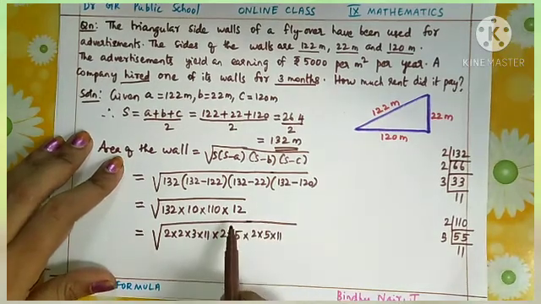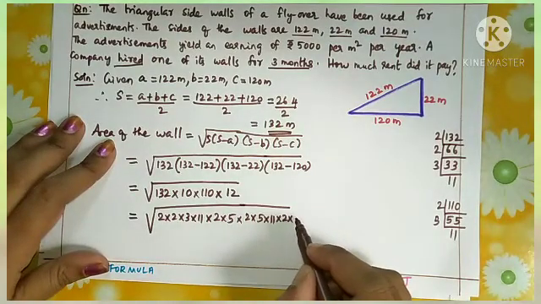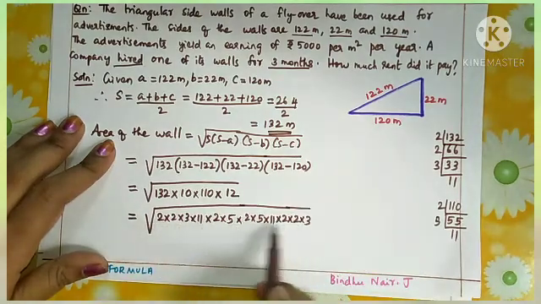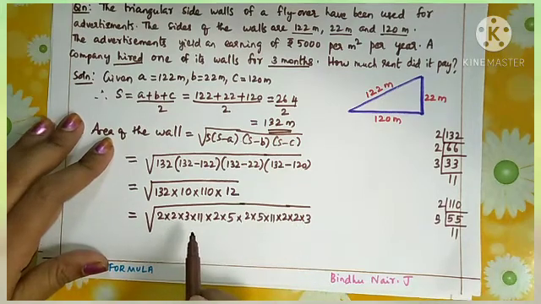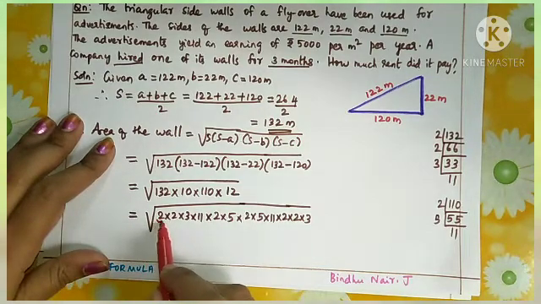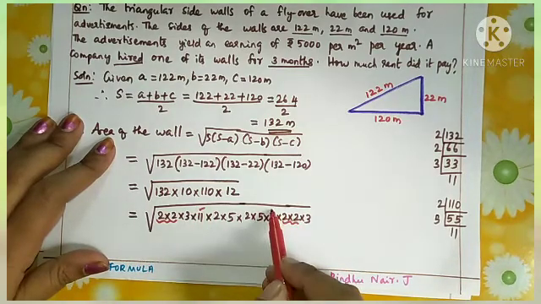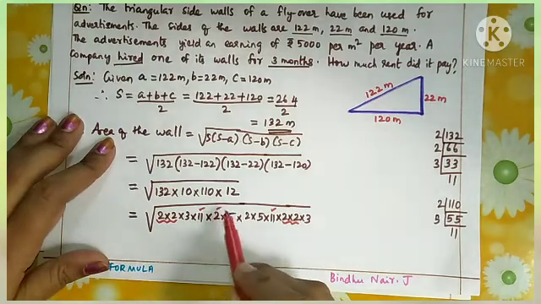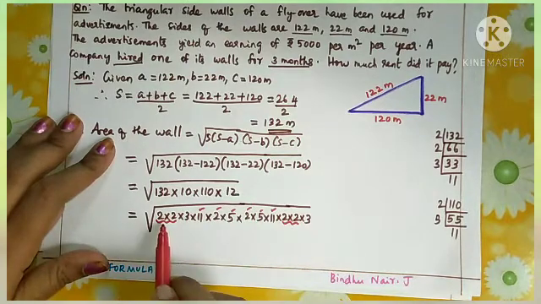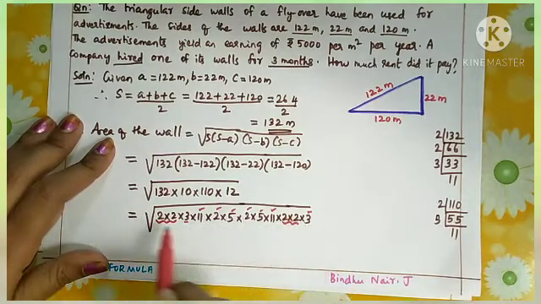Okay, then 12 we know to write as 2 into 6. 6 again can be written as 2 into 3. Okay, now we wrote all the prime factors. Now we need to take the pairs to take the square root. Okay, so here you see, here 2 2s are there, and here also 2 2s. Here 1 11, here 1 11 is there. Then here 1 2 is there, here also 1 5 is there. Okay, so yes, here 3, here also 1 3. So I think all numbers are having pairs.